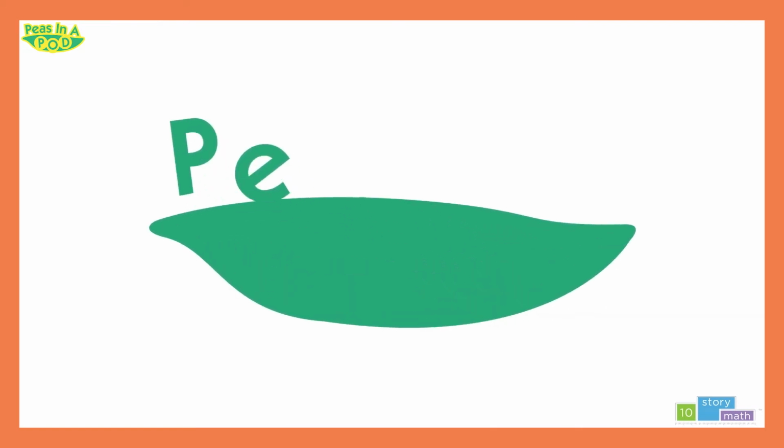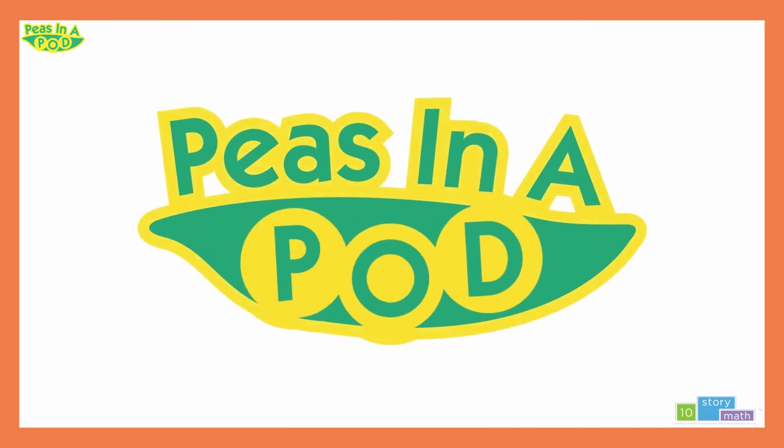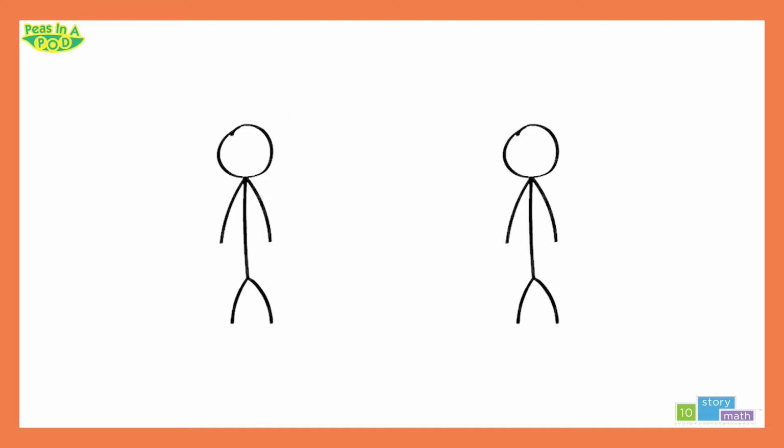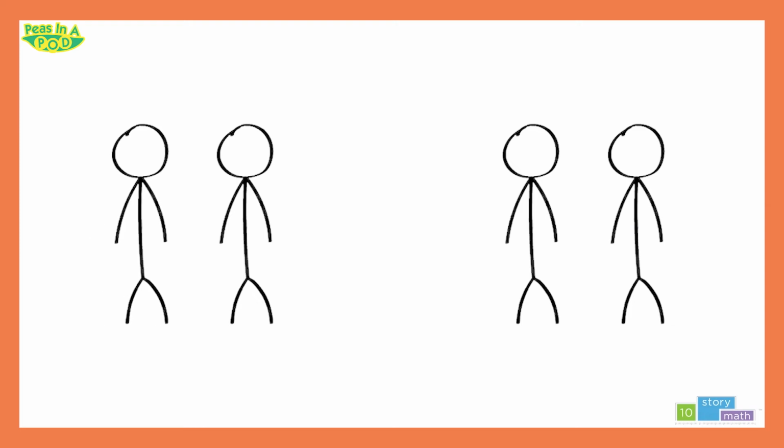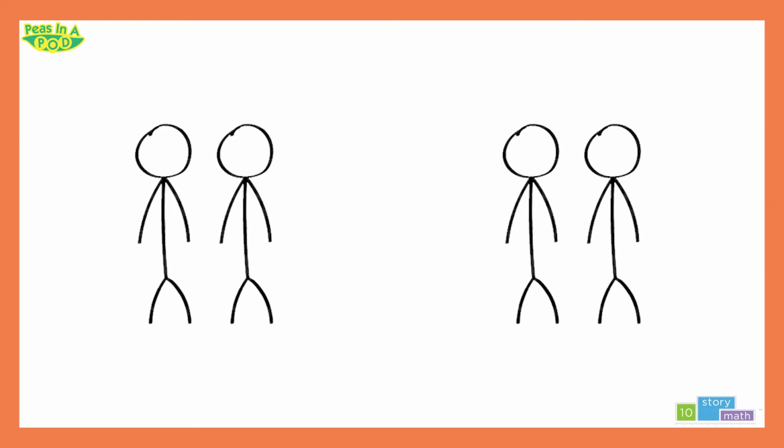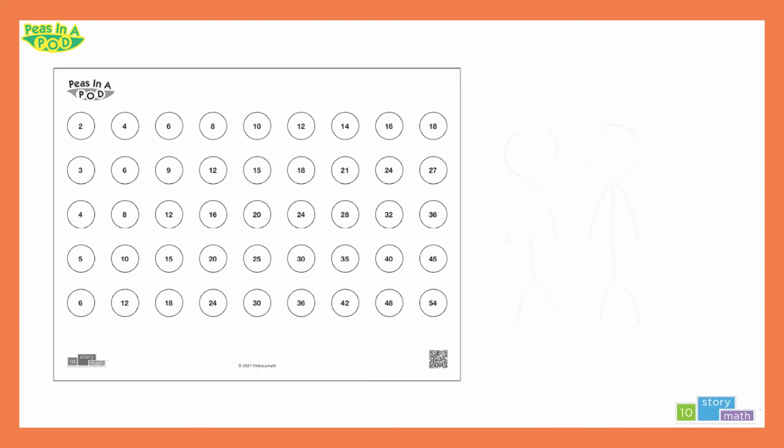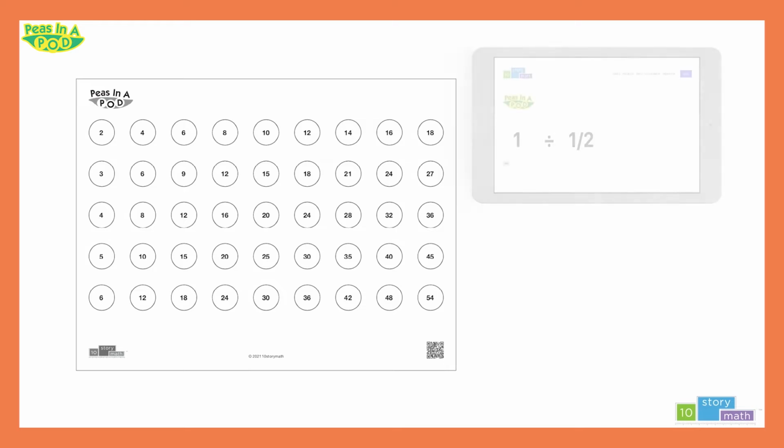Let's use fraction division to play a game called Peas in a Pod. Peas in a Pod is a two-player game. But don't worry if you have more than two players. You can form teams. Each game will require the Peas in a Pod game board, the number generator available on